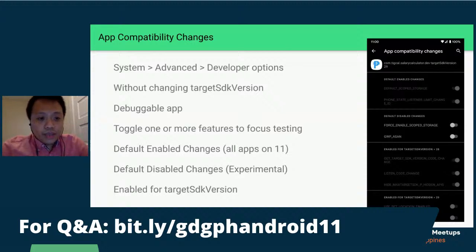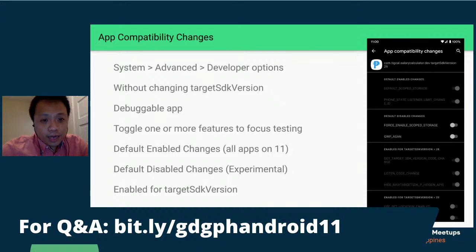Then we can toggle one or more features. We set a specific change, make sure that our app is compatible with that, and then do another round with another change. This is grouped into, I think, three. Once you go to app compatibility changes, you need to select your app.